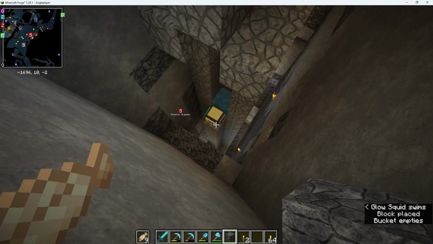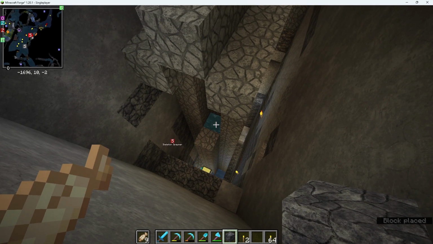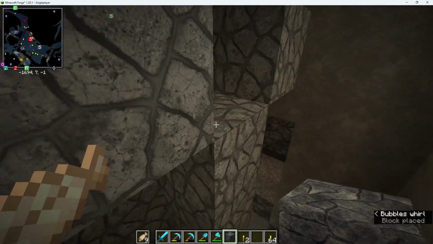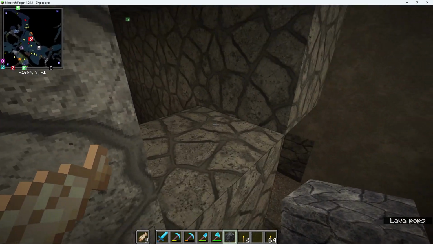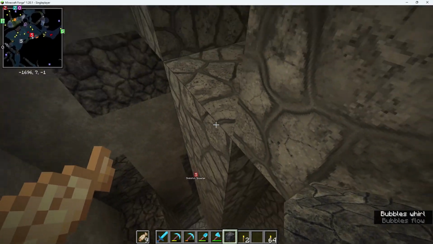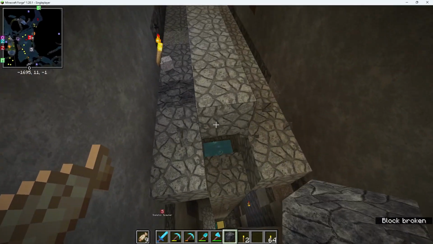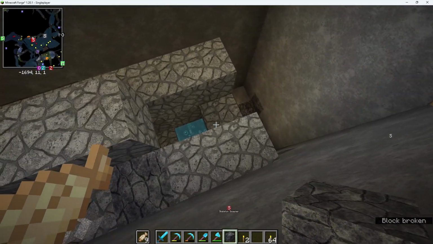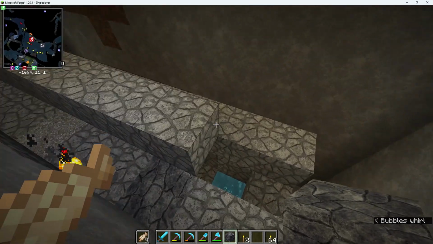Placing the first one, a block, second one and a block, so we've increased the height of the column by 2. Okay, so it's now completed the column. It's just going to refill its buckets because it needs one to drop here. So what we're going to do is go up and break these 2 just so you can see what happens and when. So remember that this would normally be